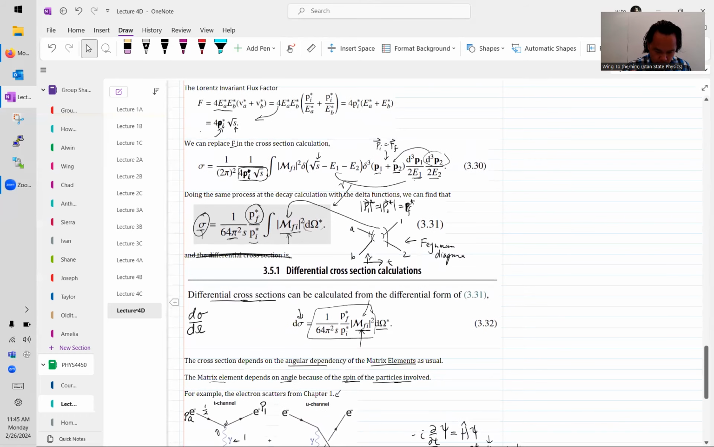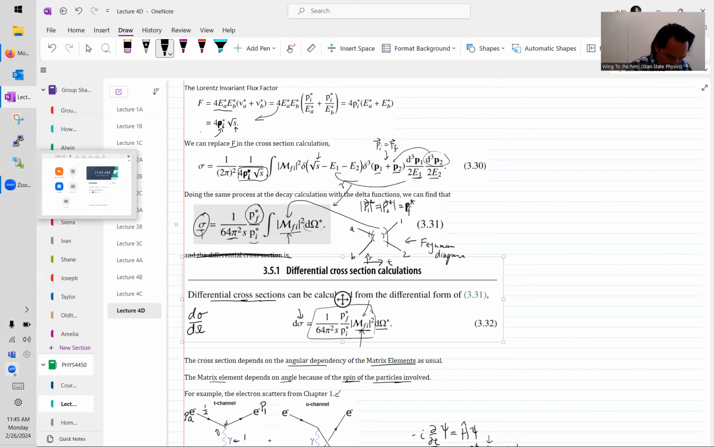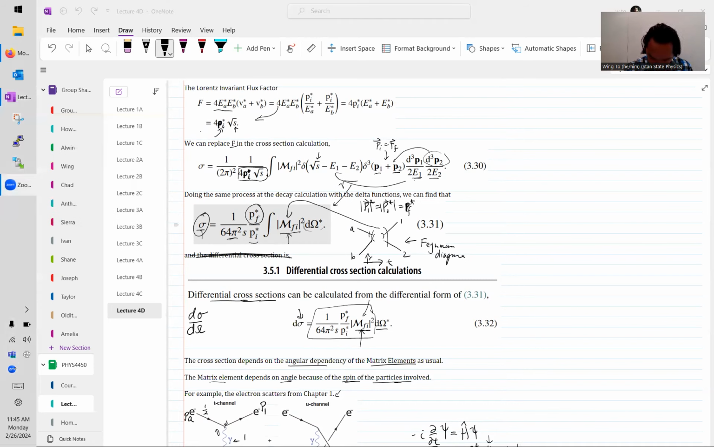So that's all I want to cover for the differential cross-section and the cross-section stuff. We're going to come back to this in more detail once we can figure out how to calculate this M_fi thing. But for now, how do I go back to having a